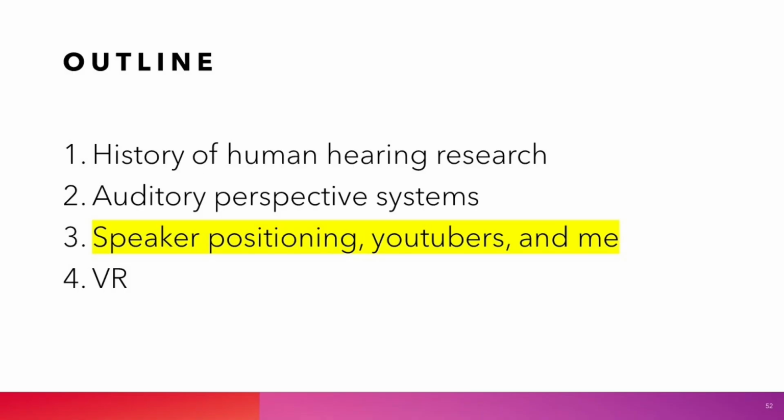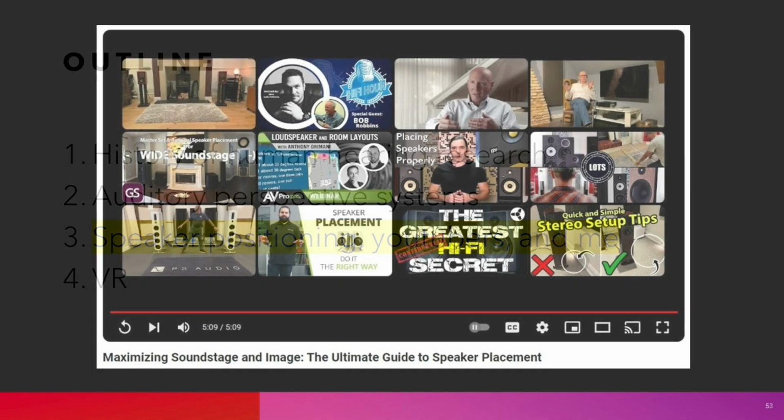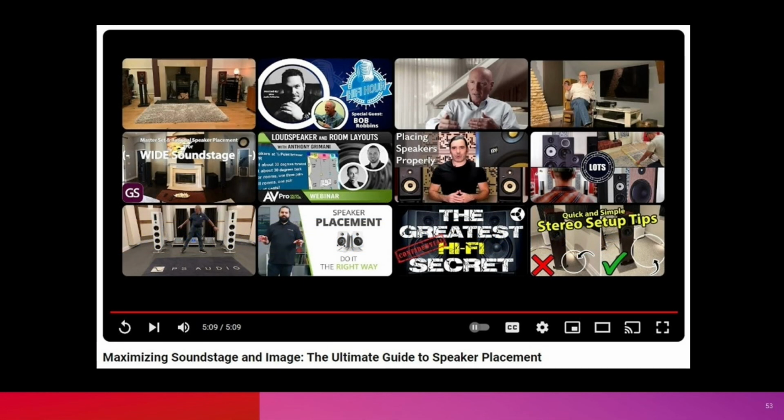Yeah. Okay, let's get down to basics on speaker positioning and engineering sound in rooms. What I have observed in all of the videos that I've seen of these guys trying to tell you how to do stereo is that they are completely unaware of the spatial nature of sound.